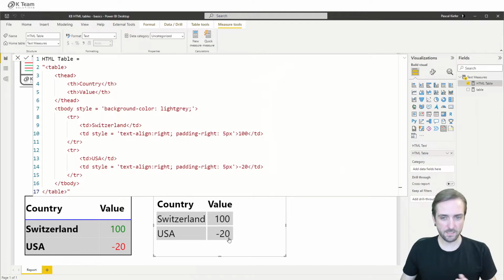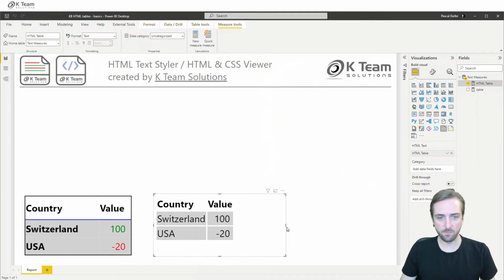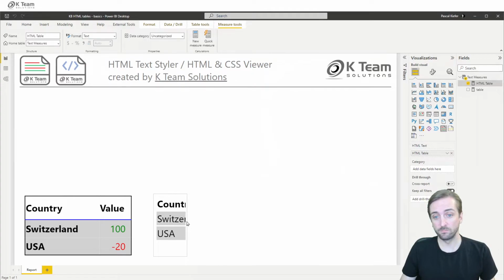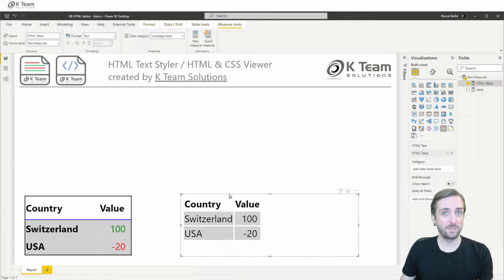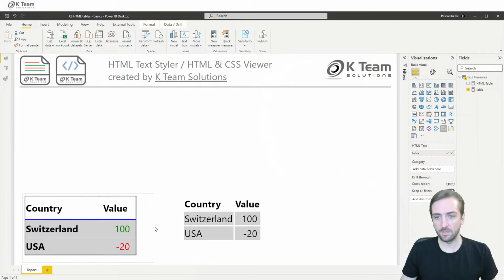Let's work on the size a little bit more, because if we look at the different behavior of the tables, changing the size of the visual doesn't do anything here, unless I make it very small. But it doesn't really, my table is not responsive. This table, on the other hand, is fully responsive. So when I change the size, the table changes with the visual, and I want to have the same for